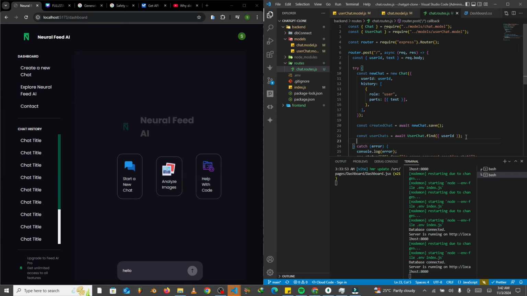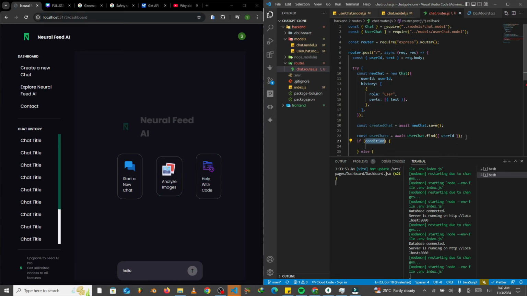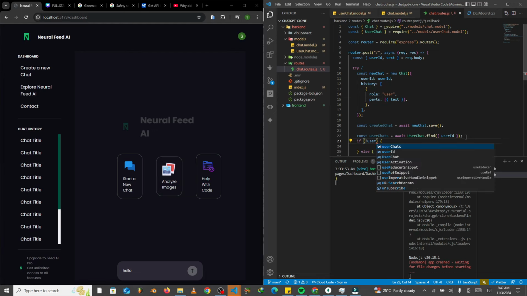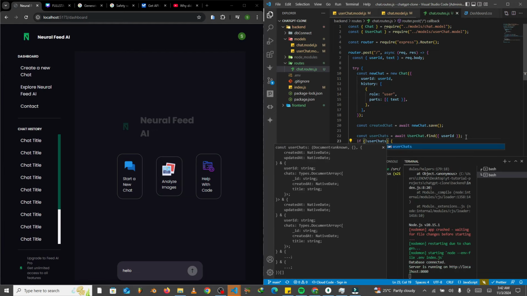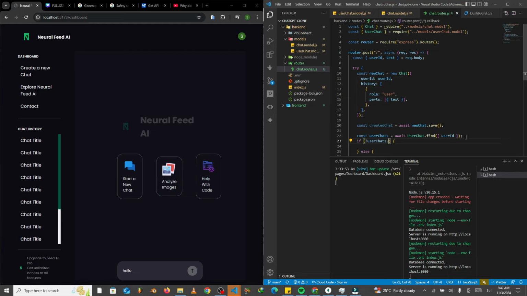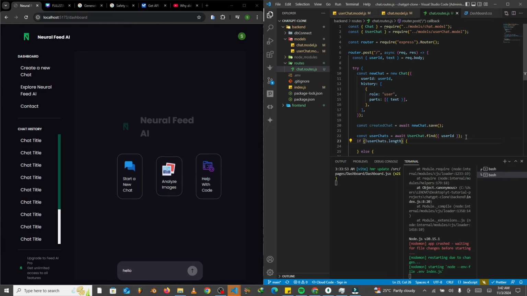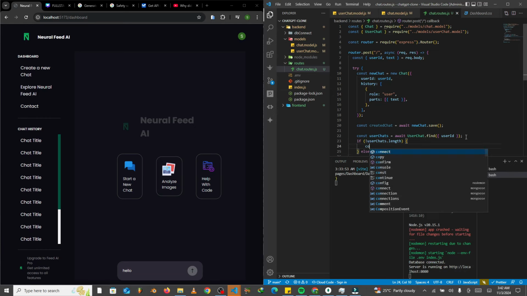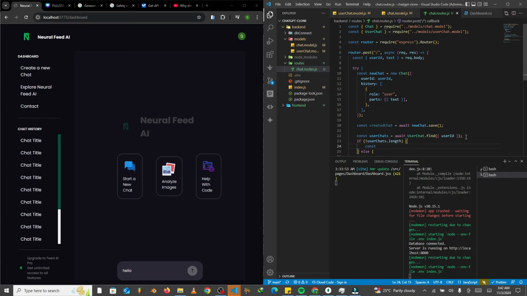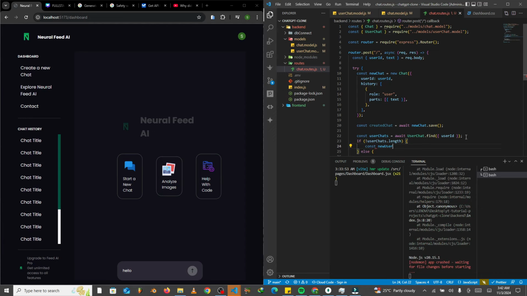Now that we have the user chat, we want to do a few checks. We want to say that if there are no user chats belonging to this particular user, then we are going to create a new one for that particular user. So we just have to say const newUserChats, and after the equal sign, we say new